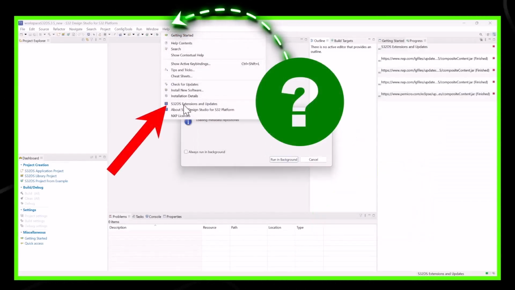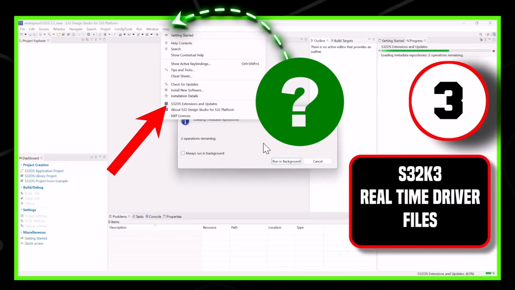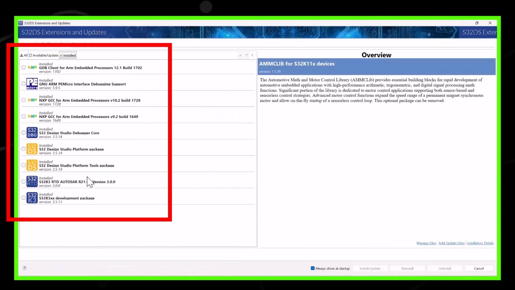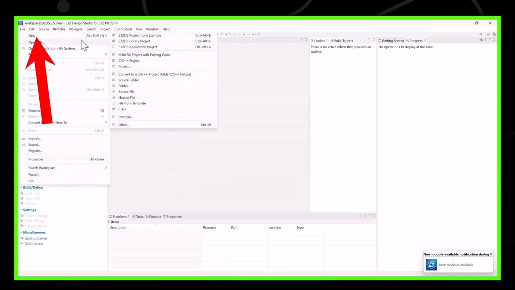We will now install the last package that we need for using the S32K3 RTD real-time driver files. So again go to Help, Design Studio Extensions and Updates, and if you go to Installed, this time you can see all the installed packages. You can see our installed packages are subsequently increasing. Also now if you go to File, New, and Project from Examples,